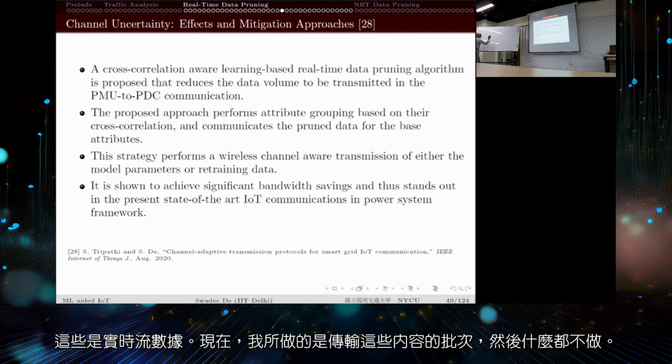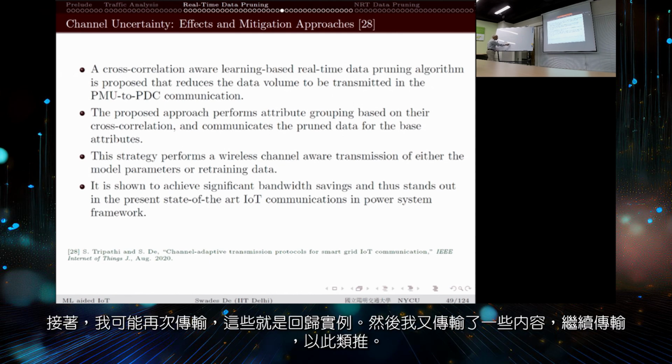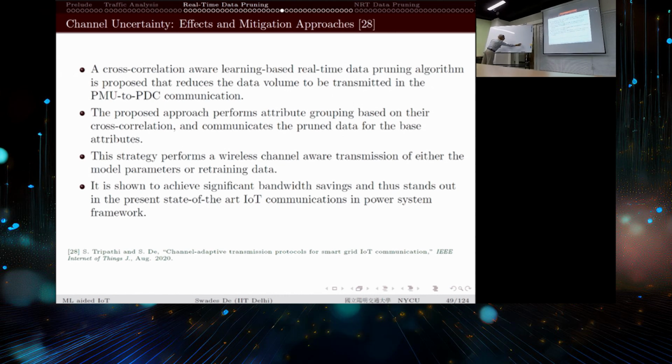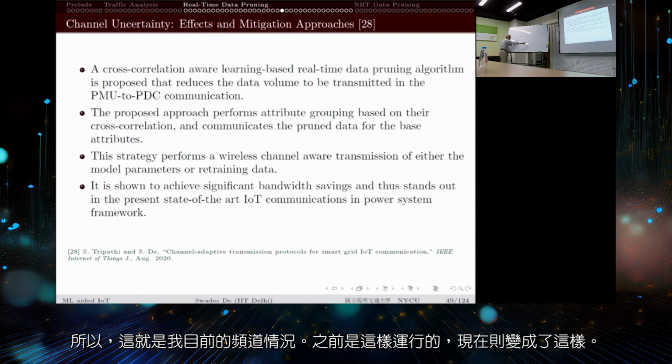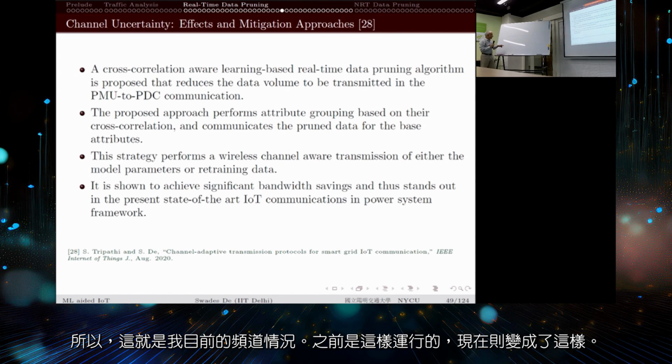Now what I am doing is I am transmitting this content and the rest nothing. And again I am possibly transmitting these again. These are the training instances. Again I am transmitting something and transmitting something and so on. So this is my current channel utilization. Earlier this was happening this way, now this way. So now the question is that